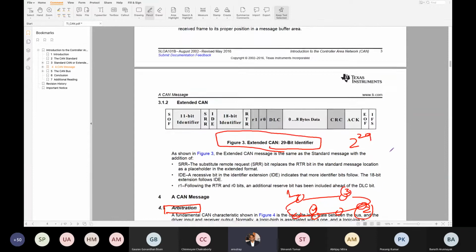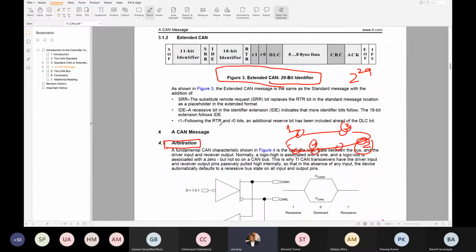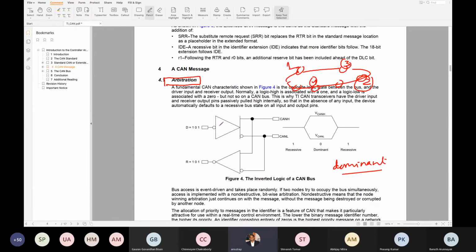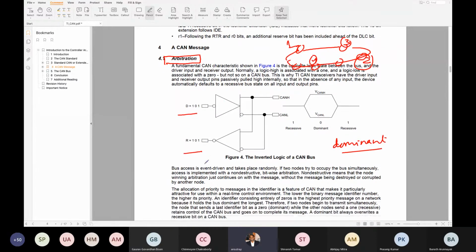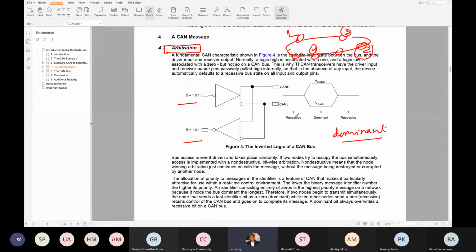The identifier decides, and in the identifier the dominant bit will be deciding. You can look at it: this is D, this is R. D is for dominant, R is for recessive, and CAN high and CAN low are connected here.